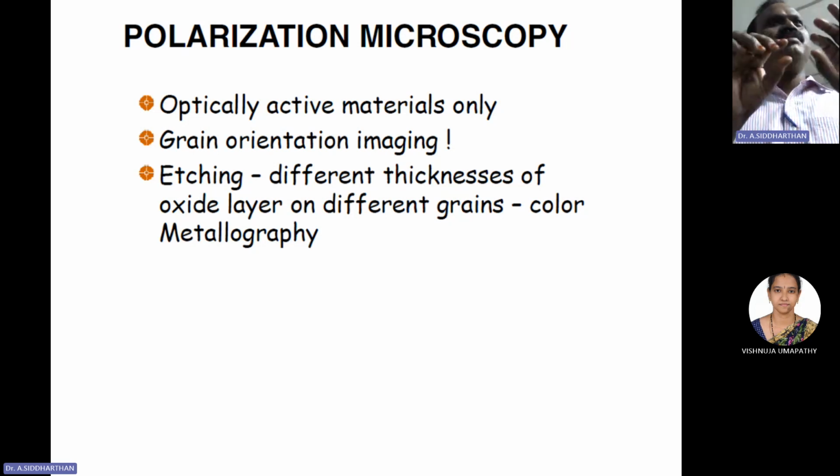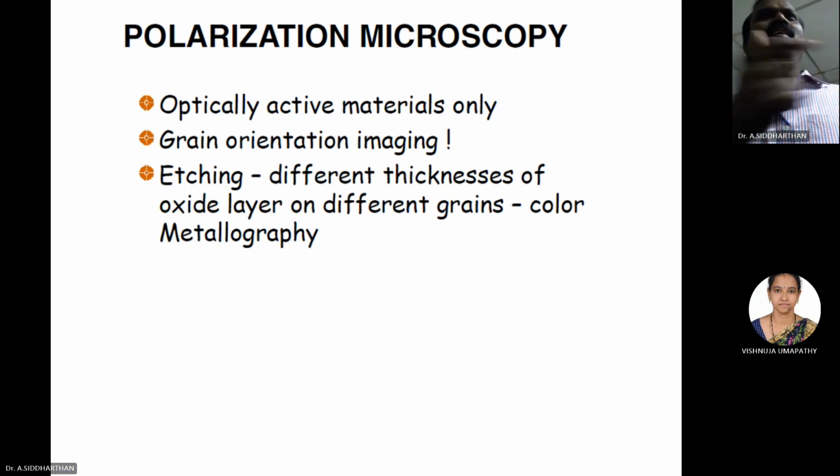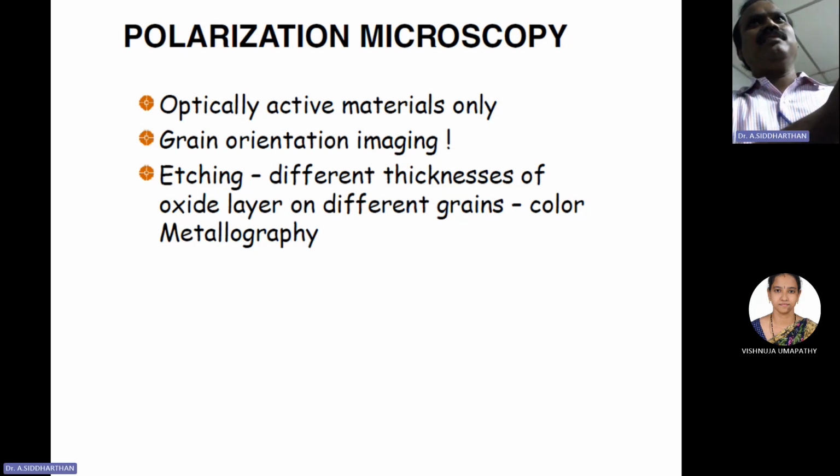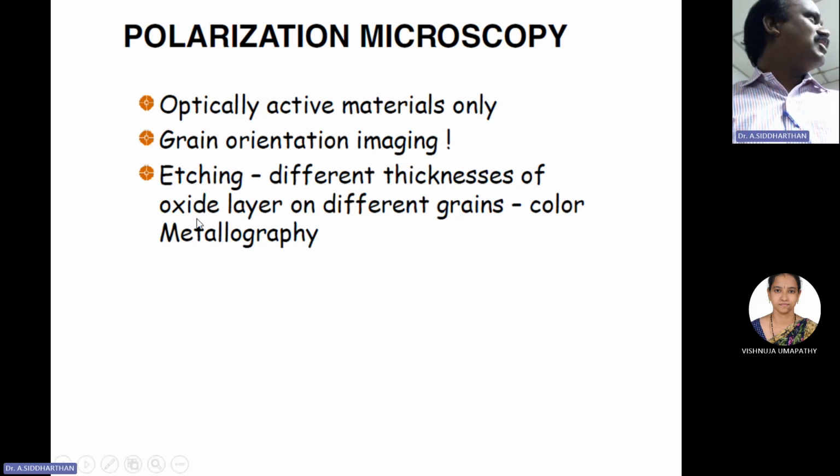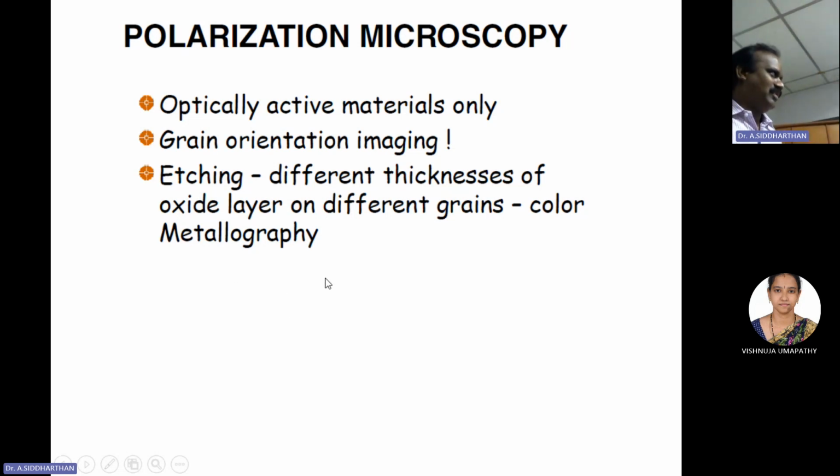Now the oxide is a transparent film, but the thickness is varying, so the refractive effect will also be modified. So we can use different thicknesses of oxide layer on different grains to produce color metallography on the structures. Further discussion on the polarization microscope and the use of retarder plates, commonly sensitive tint plates,